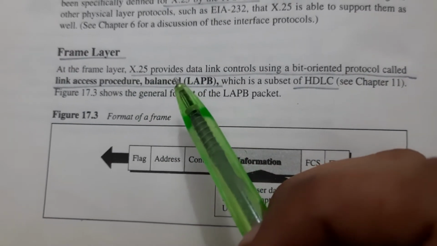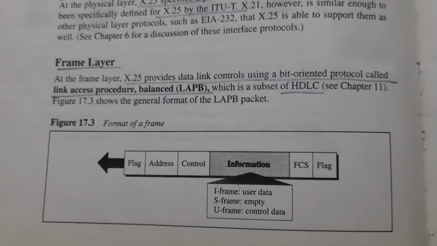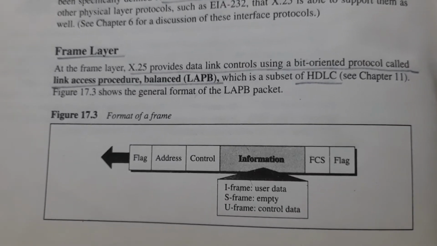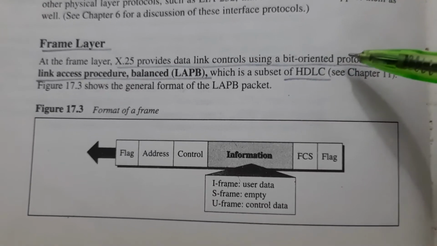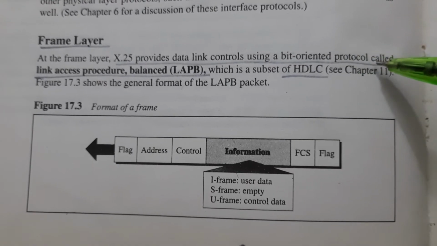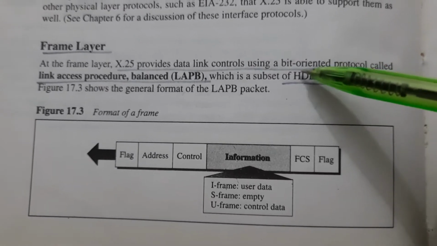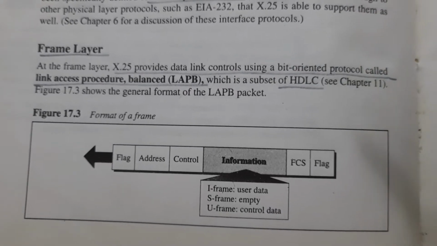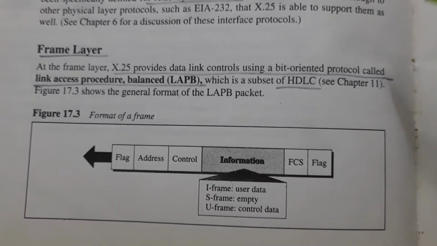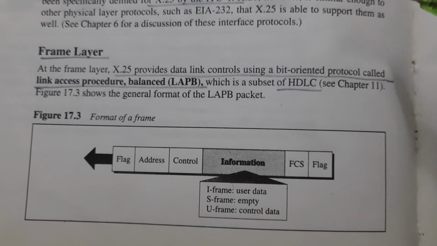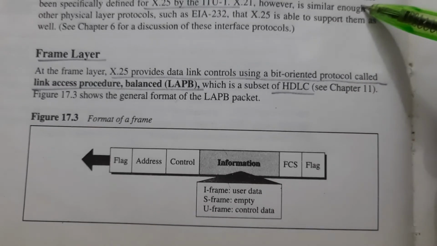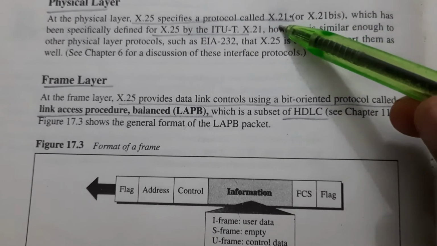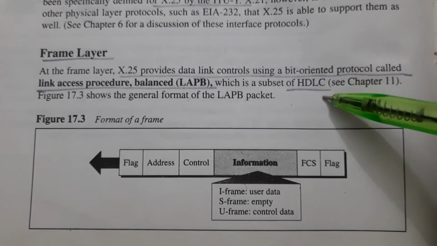Next is the frame layer, that is the data link layer, and the main functions of the data link layer are flow control and error control. The same thing happens in this layer also. The frame layer in X.25 provides data link control using a bit oriented protocol. These terms are very important while studying for a competitive examination. So X.25 is a packet switching virtual network protocol and it has three layers. In the physical layer, the protocol used by X.25 is X.21, and in the frame layer